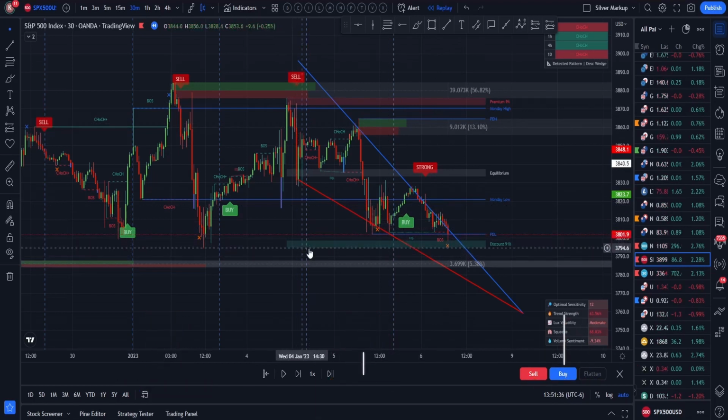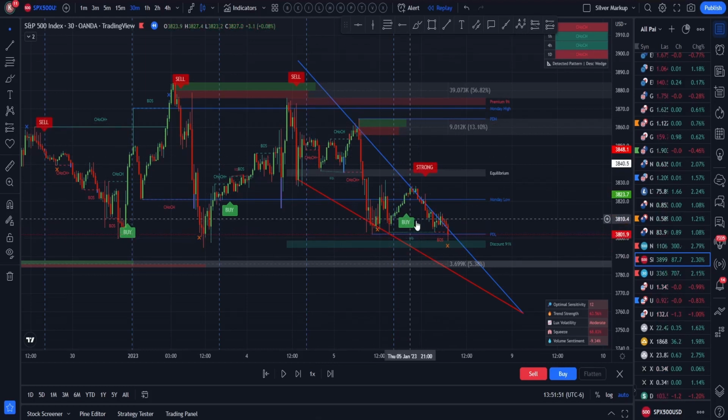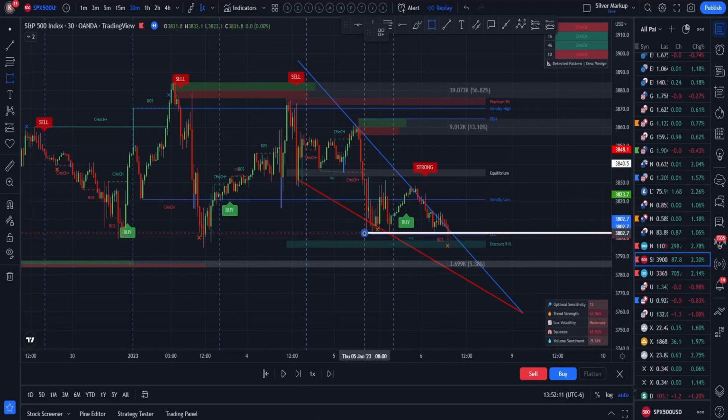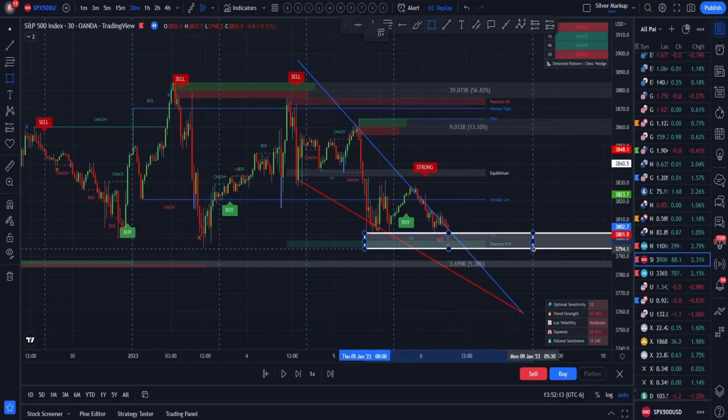Seeing in this zone here, you have a discount because you want to buy low and you want to sell high. So you're buying price at a discount. The discount percentage at this particular point in time is 91%. So this area combined with this falling wedge is giving you a great area for price. On top of that, it does the highs and the lows of day, and I also have it set for Monday high, Monday low for the month, the beginning of the week. Between those 2 points, this little area here is a really big area where you could potentially look for your